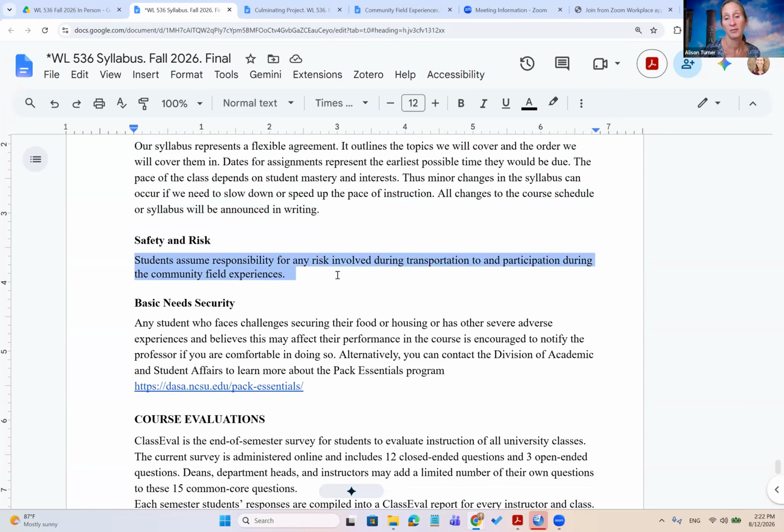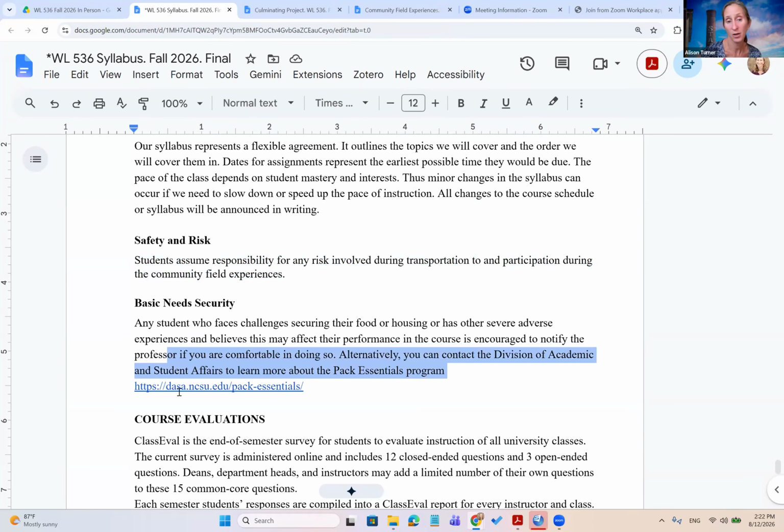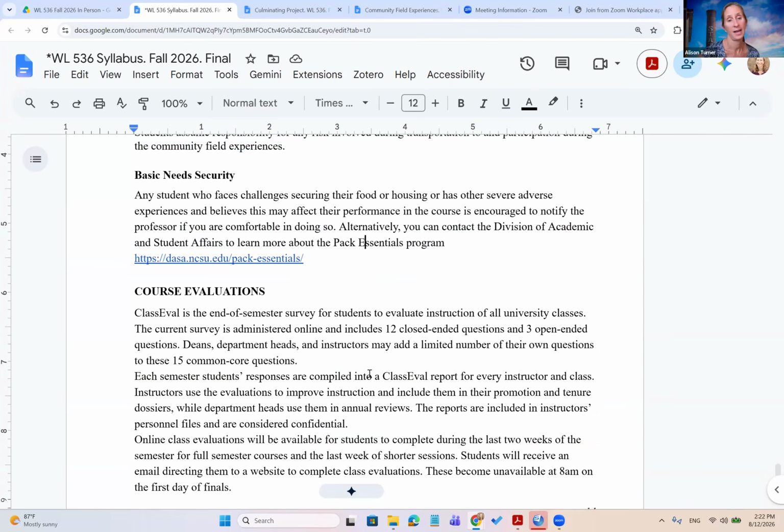Students assume responsibility for any risk involved during transportation to and from community field experiences and also while we are doing the field experiences. If you are facing any challenges with food or housing, please be sure to reach out to me, but also the PAC Essentials program is a good place to go. They provide support for students who are facing those challenges, and you're not alone,